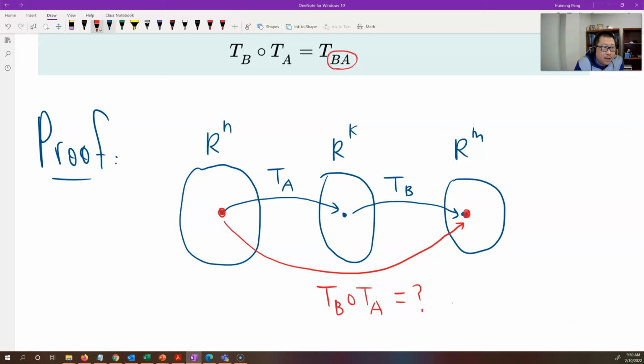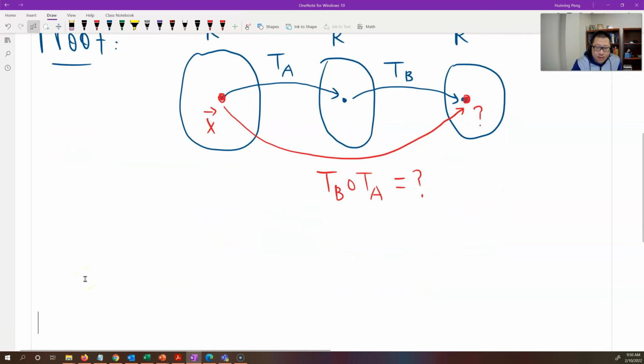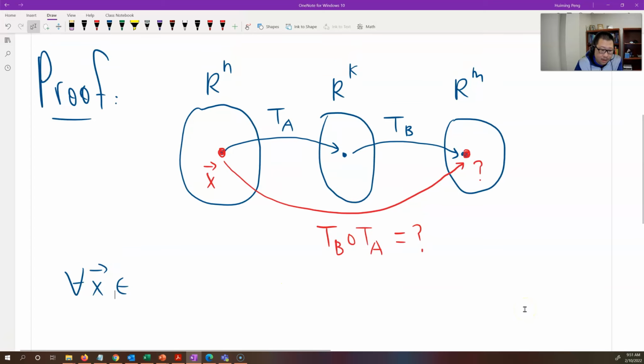So by the definition, let's say the beginning is X, and then I find the middle. What is the middle? The middle should be TA at X. So let's just see what the end is. If we can find the end, which is B times A times X, then the mapping is just a matrix transformation, right? So how to do this? Given X is any vector belonging to the beginning, which is our n space,